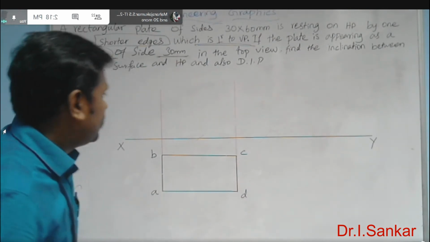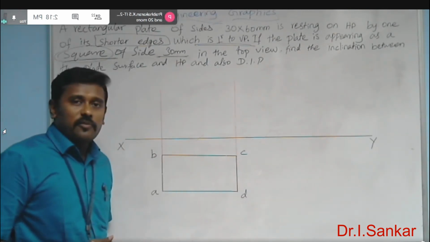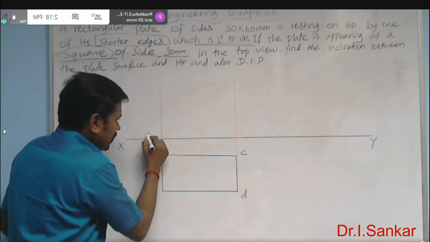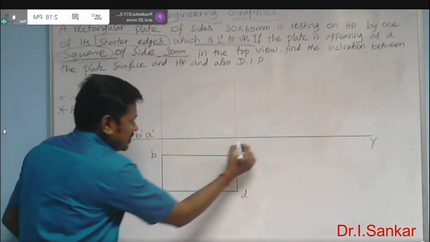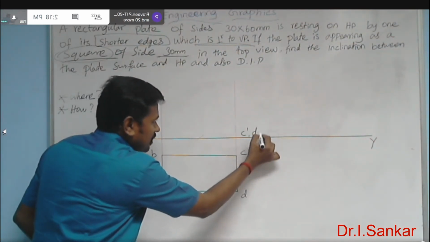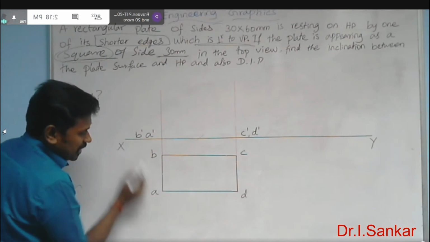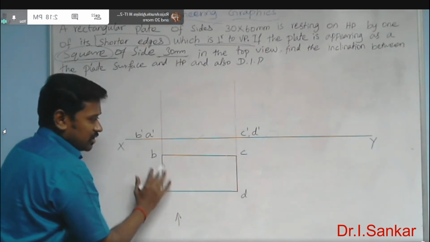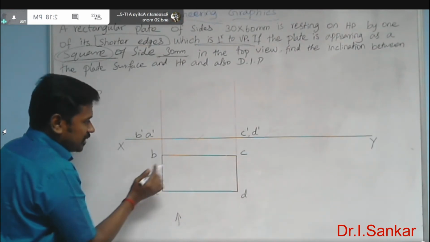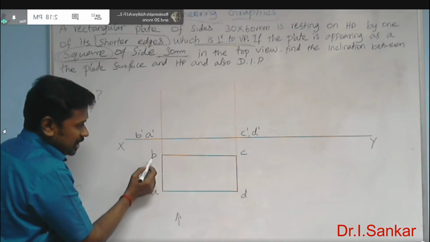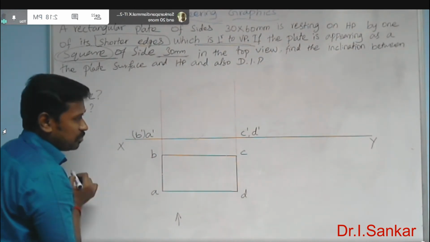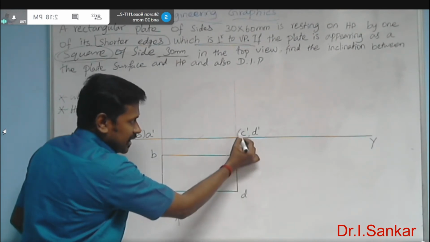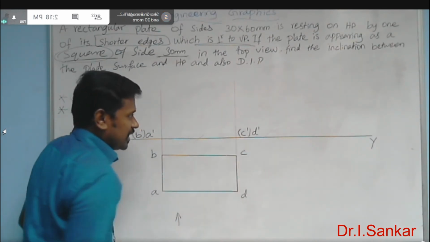And if you draw the front view, this will lie on the XY line itself. So here A dash, B dash, there C dash, D dash. Out of A dash, B dash, when you look from the front, this is nothing but the front view. And if you look at it from the front, A is visible to your eyes and B is hidden. So the bracket should be given for B dash. In the same way, if you look from the front, D is visible to your eyes and C is hidden. So put a bracket around C dash.